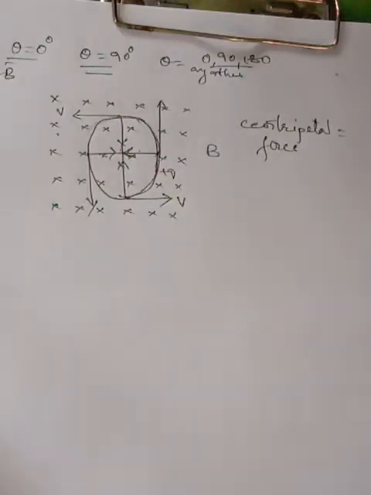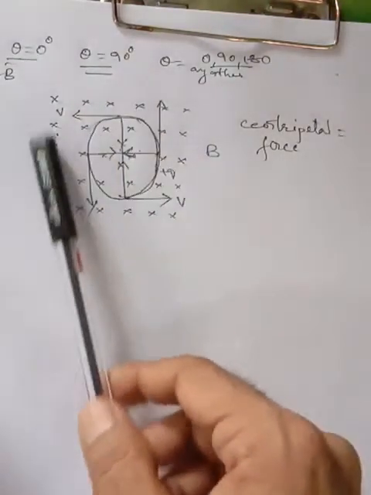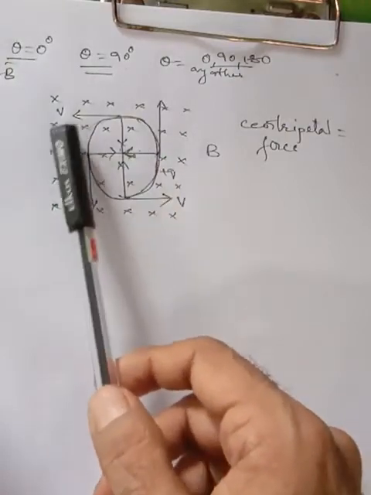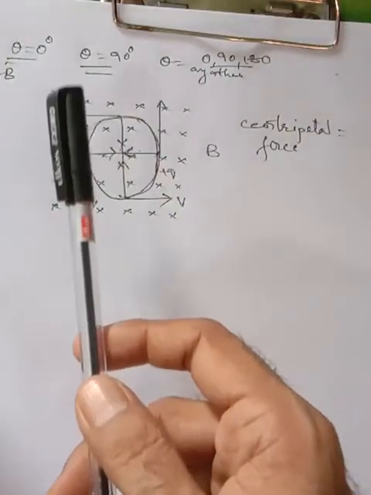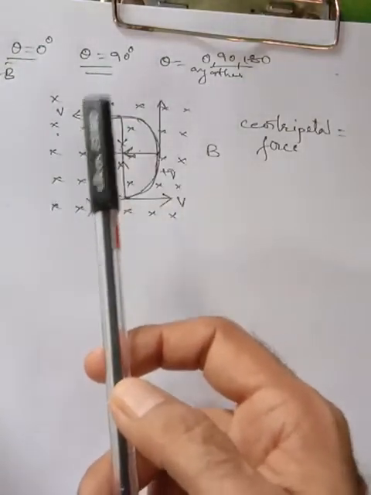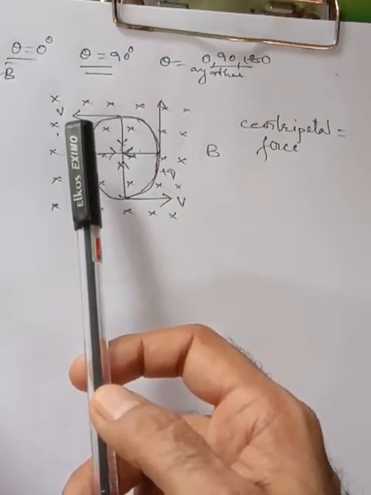There will be a question for this. The question will consist of: derive the expression for radius and angular frequency, or derive the expression for time period and frequency of a circular motion of a charge in a uniform magnetic field. For this we will consider a uniform magnetic field perpendicular to the plane, in the downward direction. The cross marks indicate that the uniform magnetic field is in the downward direction to the plane of paper.